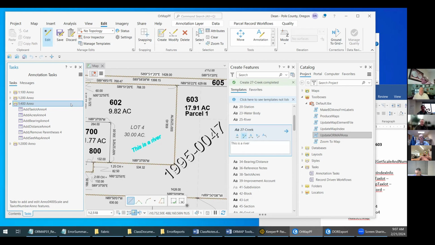You can string ArcPro commands together pretty simply, and there's whole classes and videos on how to mess with tasks, and that's beyond what we're doing here. Again, I'm just showing you what tasks we do have and how they work. And in this particular case, I've got an annotation layer, which is for my tax lot anno, and I have